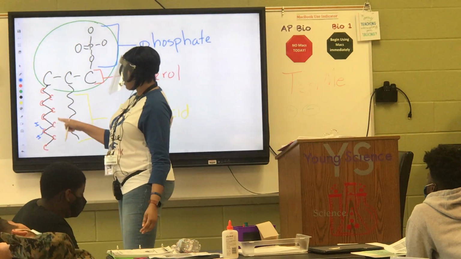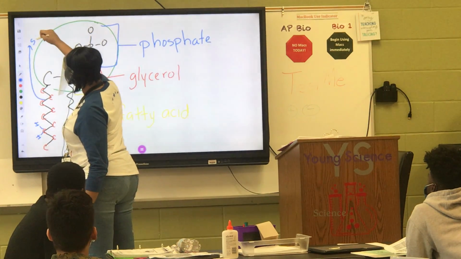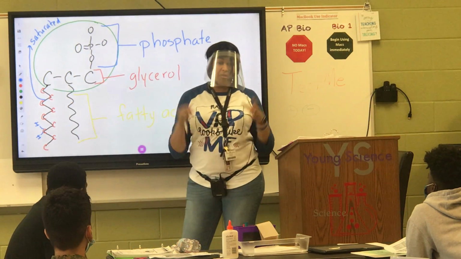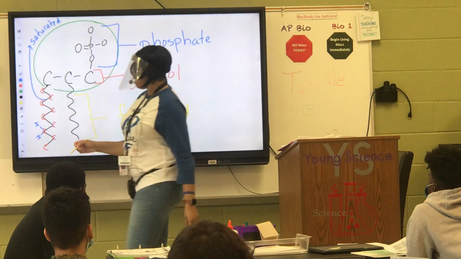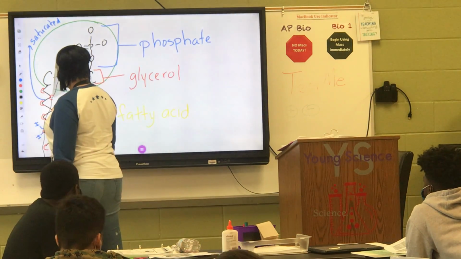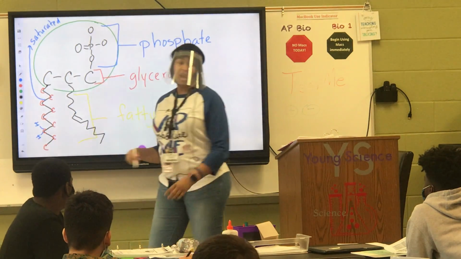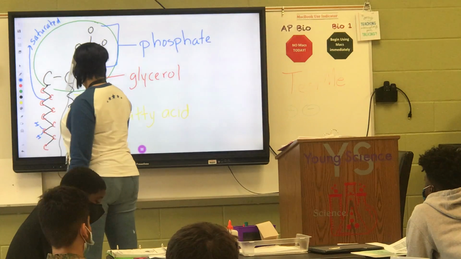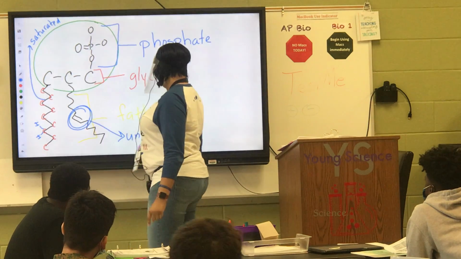If each carbon is making a single bond to each other, then I say that this is a saturated fatty acid, because every carbon in the chain is making a single bond to the next carbon. However, if I have a chain where at least one of the carbons is making a double bond, this double bond makes this become what we call an unsaturated